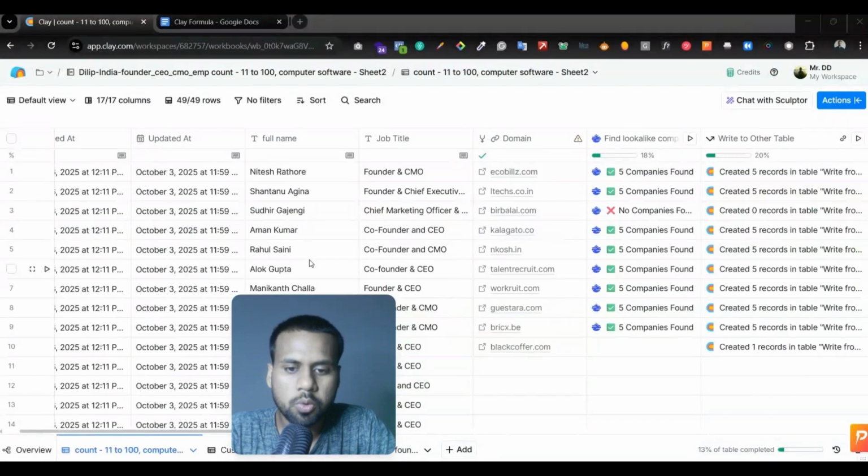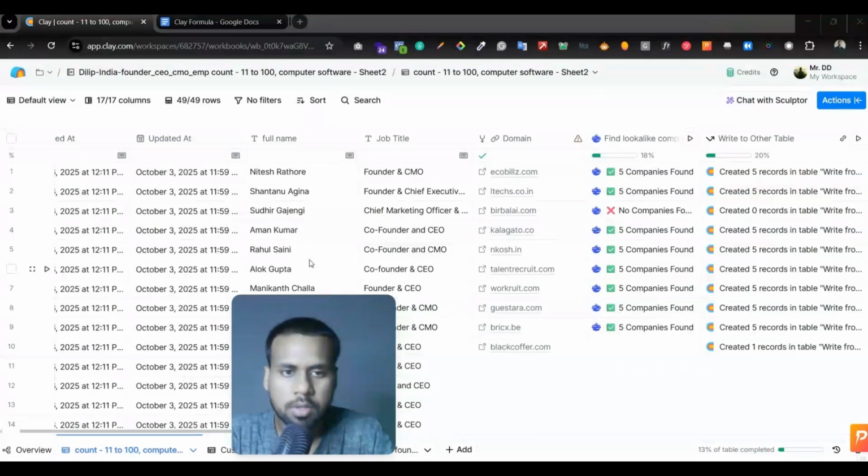For example, I want to research a company, but I want to put a condition: if their email ID is valid, then do the research. If the email ID is invalid, I don't want the Clay formula to perform the second step,